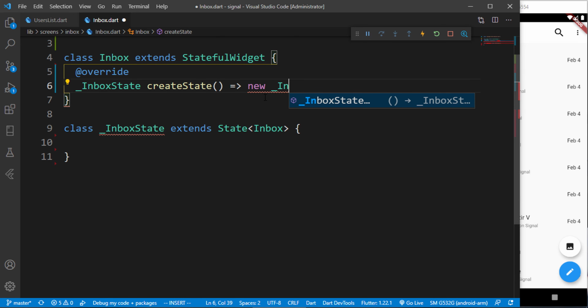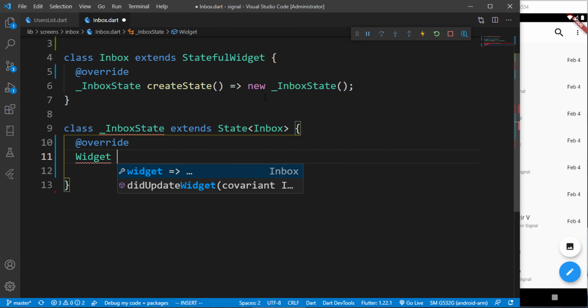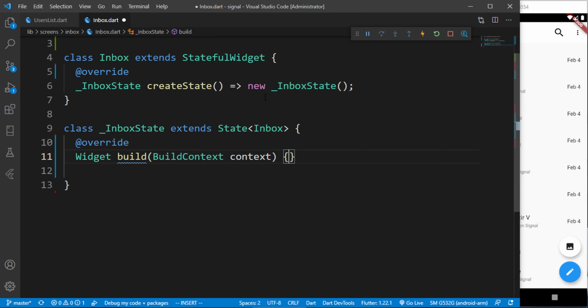Then we have the new inbox state. So you could see that recommendation because we're already making reference to it. And inside here, we just have to use the build context with override again. So I'm just going to grab this rather than wasting my time typing it down. And we can just bring down the widgets, build. Then here we have the build context. And then we're going to return a safe area,